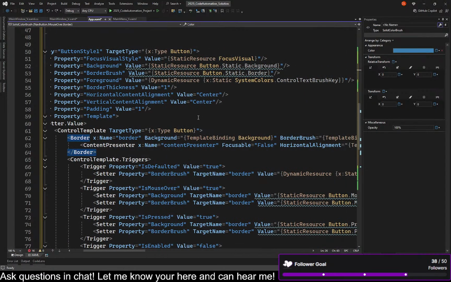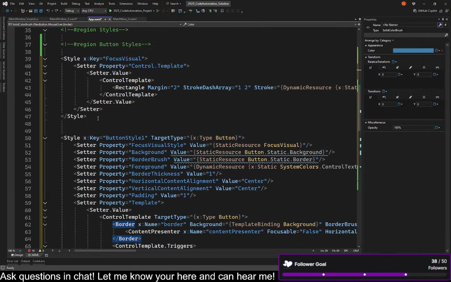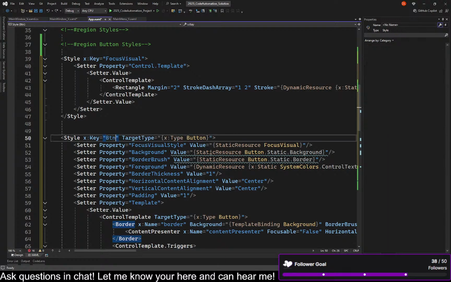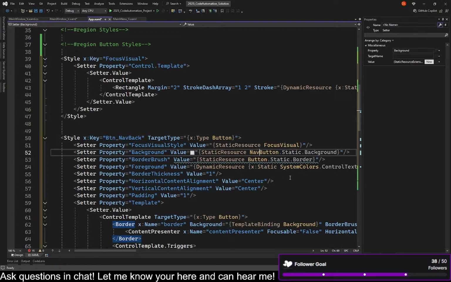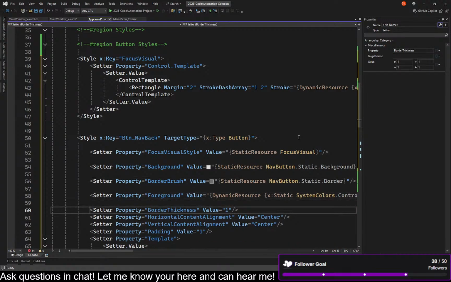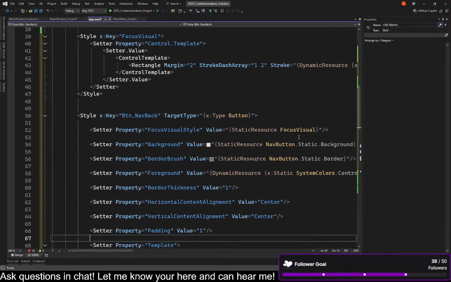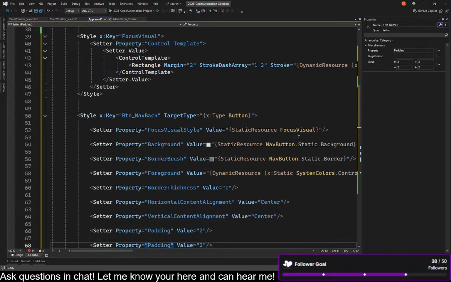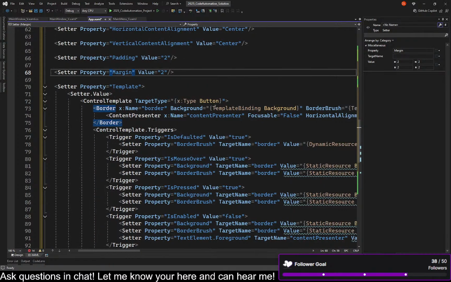Now that does mean that essentially this button style, which we have here, we're going to call it button nav. We're going to call it button nav back. This is going to look for a certain style, and we're going to just use the colors for nav button, which is fine. So we can give it a little more space if we want. 2, and we probably want some sort of margin. Alright. And then inside of here,